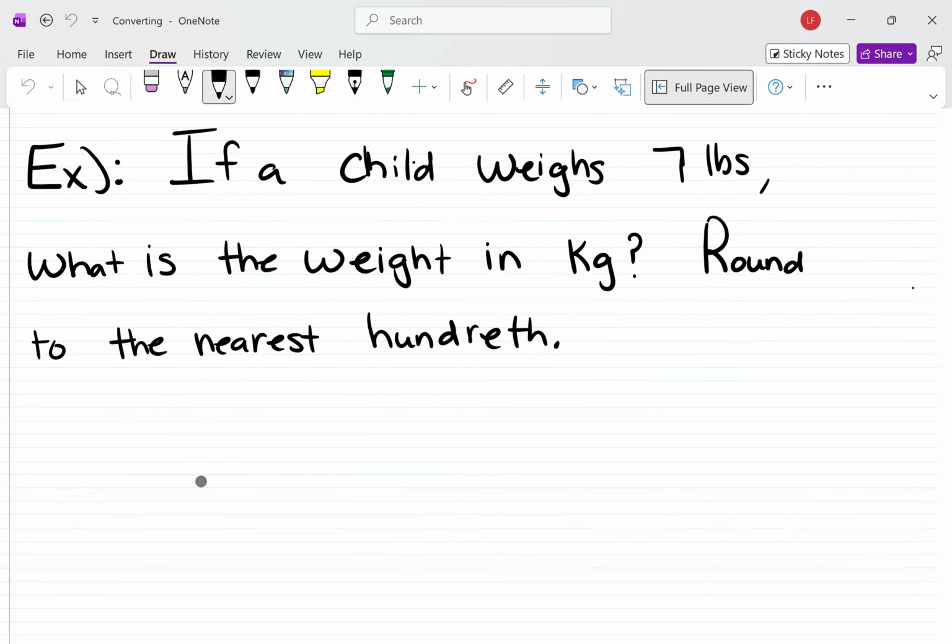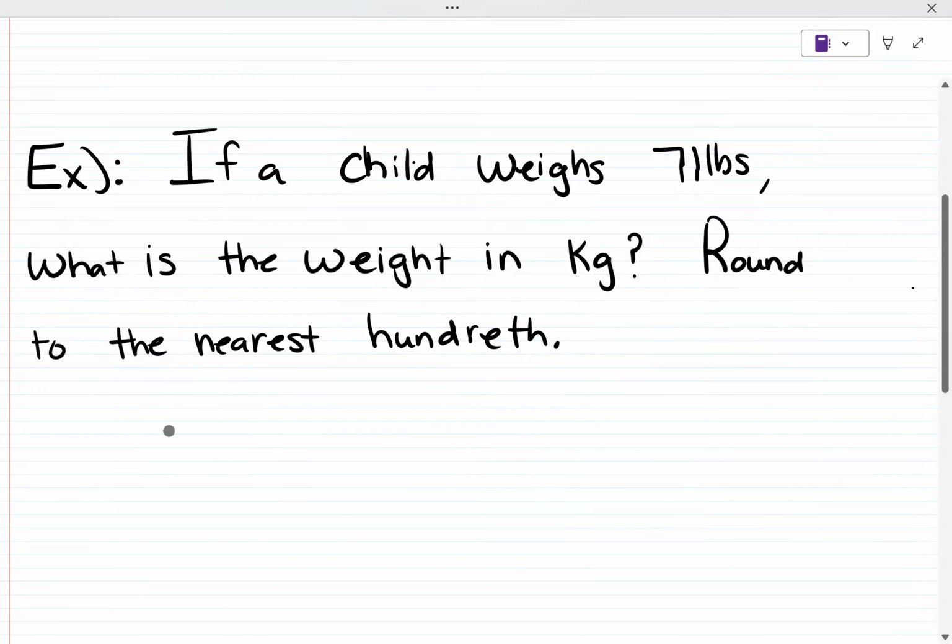So with dimensional analysis, you start with what we have. We have 7 pounds. Oh, that's a mistake. It's not 7 pounds, it's 71, because that would be the weight. Yes, 7 is too low. So, if a child weighs 71 pounds and we want it in kilograms, we could just do